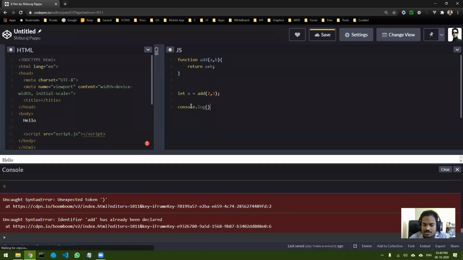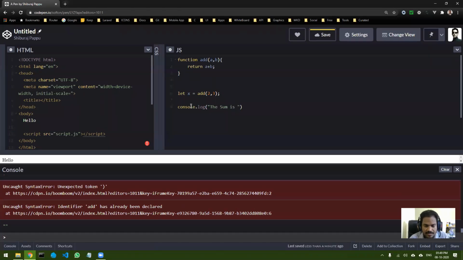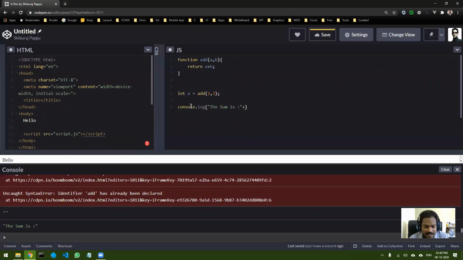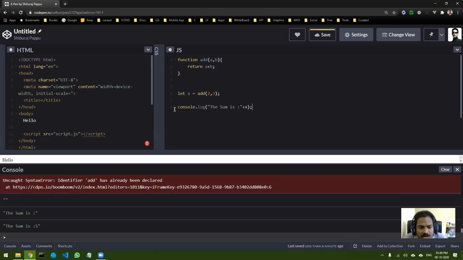Okay, console.log. And now here what we can do is we can say the sum is, okay, now I can do this, and then at the end I can add x to it. Okay, so once I do this, now you will see the difference. Okay, so now you can see the importance of removing the responsibility of displaying the output from the function to